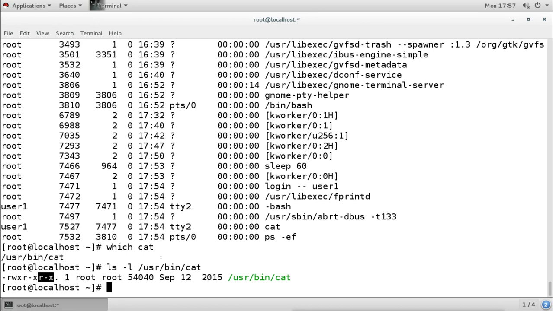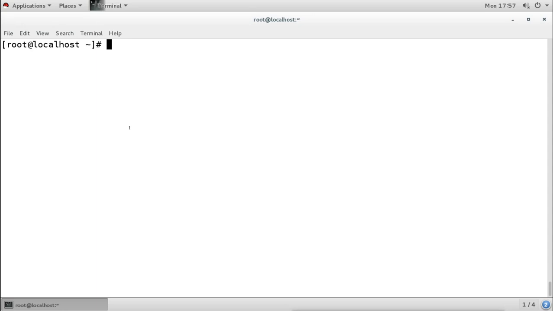So when the root user executes the file, it will run with root's privilege, and when another user executes the file, it will run with that user's privilege. Now, for example, suppose the root user has created an executable script. The root user wants to do some task, and in the task it needs to run 50 commands. Running the 50 commands one by one is difficult, so they create these scripts.